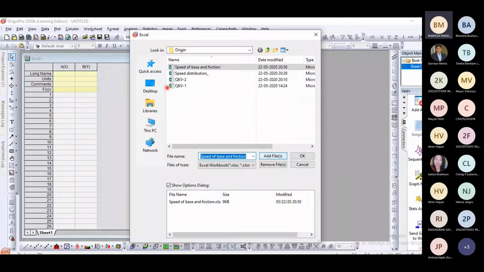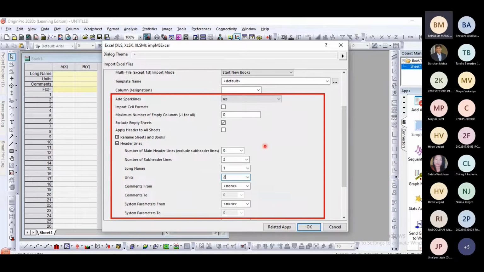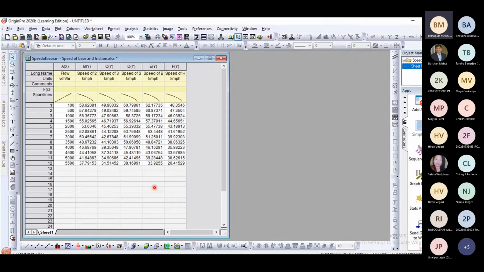So first we need to browse and select the required Excel sheet. Again, add the data subheader, 2 lines. The first row is the long name. The second row is the unit. And this is the data which is imported here, right?